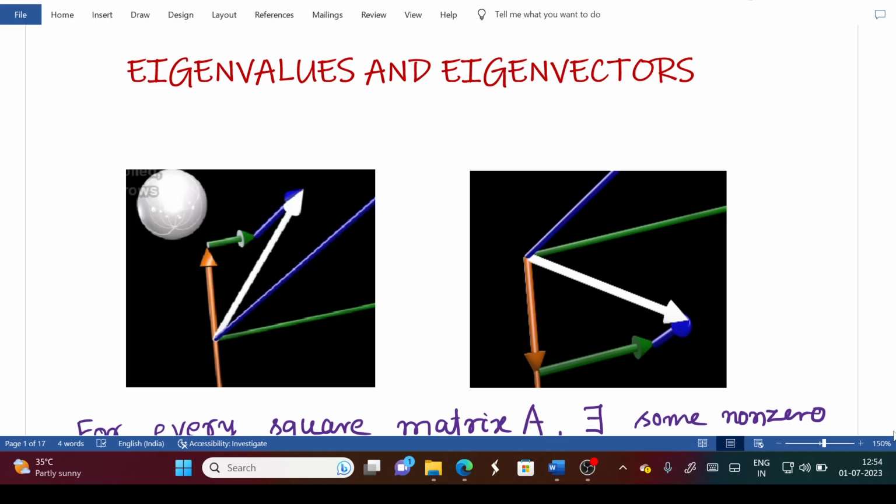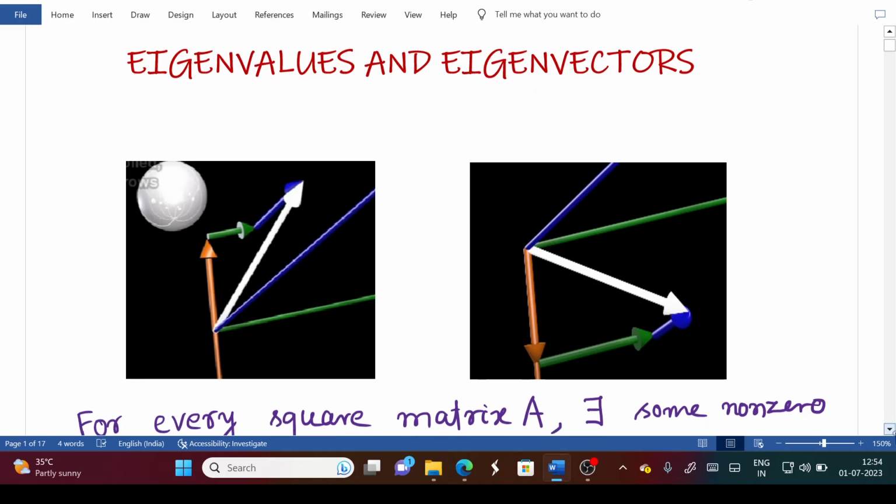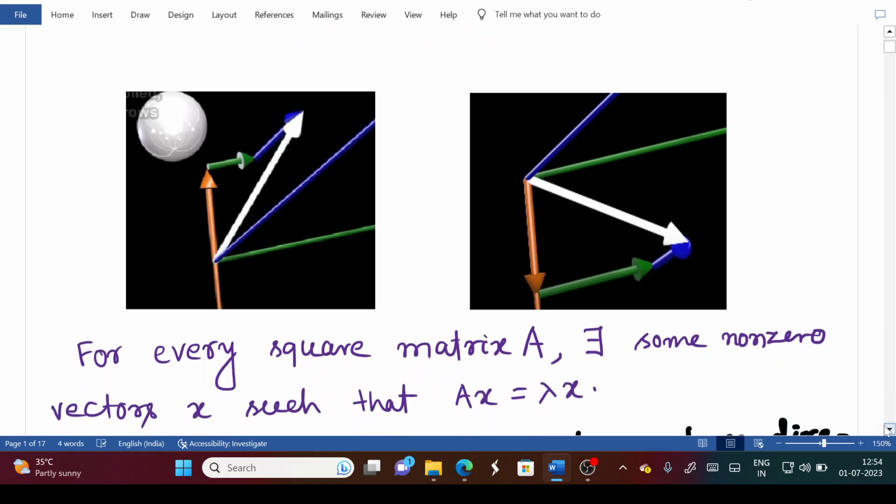When we apply a linear transformation to a given vector, there are some changes that occur in the input vectors to get new output vectors. During this process, some vectors get rotated as well as their magnitude changes. Some vectors only change their magnitude and some vectors change both magnitude and direction,